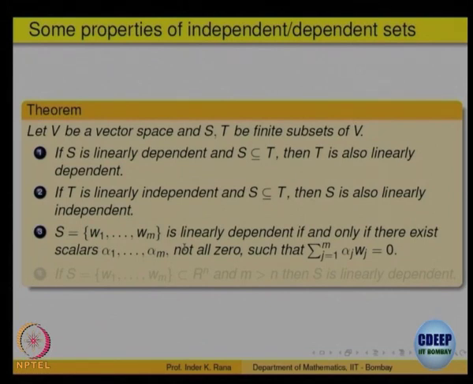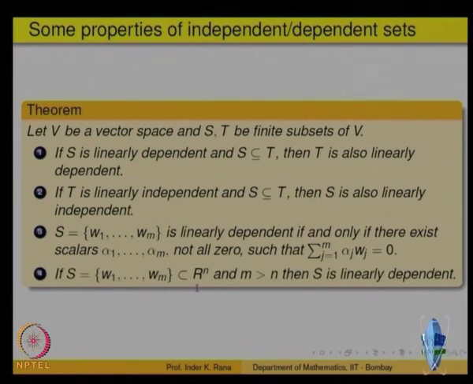And this is another property that we proved, namely, if you have m vectors in R n and the number of vectors is bigger than the number of components, then that is always linearly dependent. So, we observed that. Okay. So, in R 2 you have 3 vectors, they have to be linearly dependent, they can't be independent. So, that property we saw.